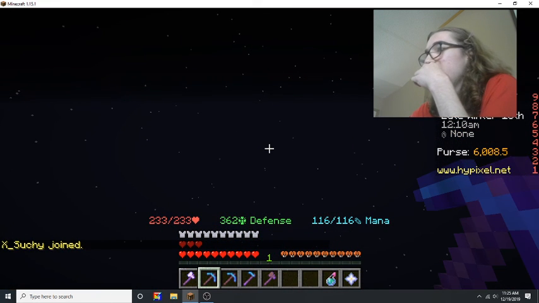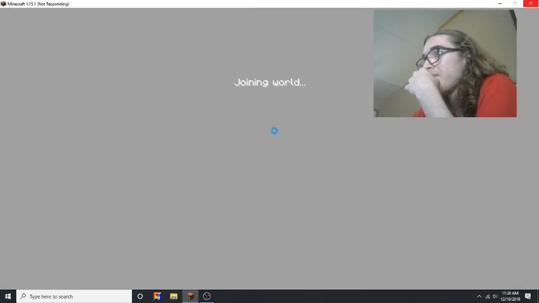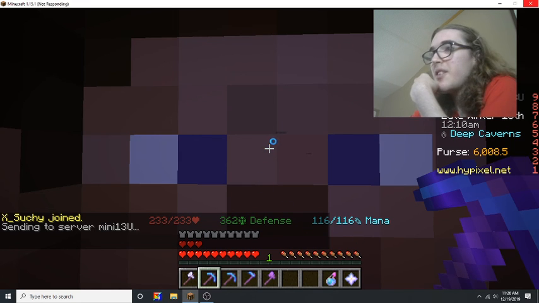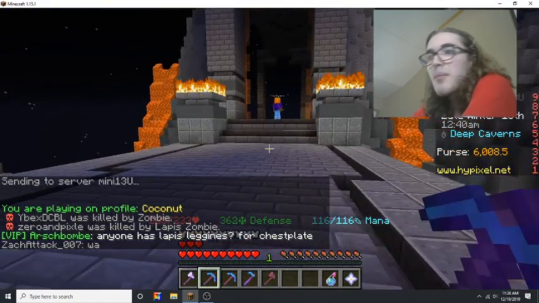I just need one stack of emeralds. You just need one stack of emeralds for this part of the Romero quest. Alright, come on, come on. And you remember earlier in the episode when I was... Oh, wait, come on, come on. Alright, remember earlier...